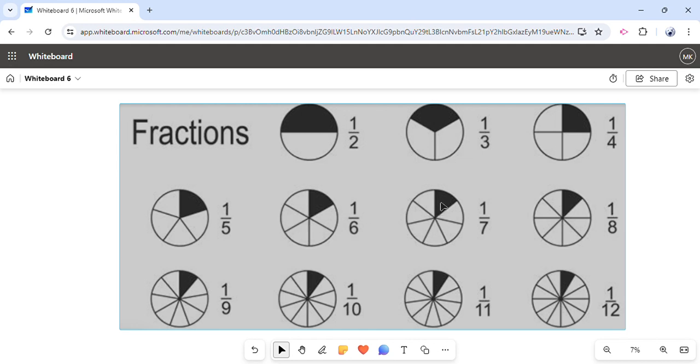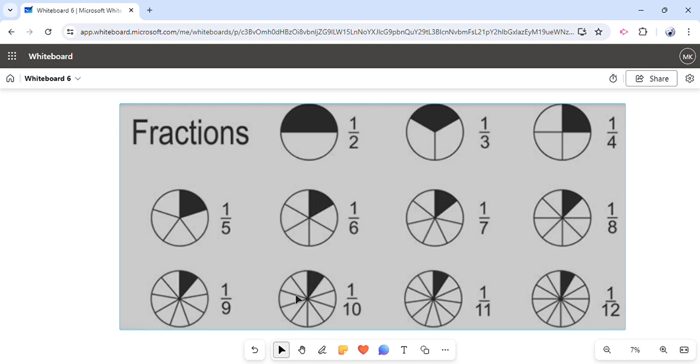For the next example, we have 7 parts, and there's one part that is shaded, so the fraction represented is 1/7. Here we have 8 equal parts, and we have one shaded part out of all of that, so the fraction represented here is 1/8. For this, we have 9 equal parts, and there's one part that's shaded out of all the 9 parts, so this represents 1/9. For this fraction, we have 10 equal parts, and there's one part that's shaded in total, so